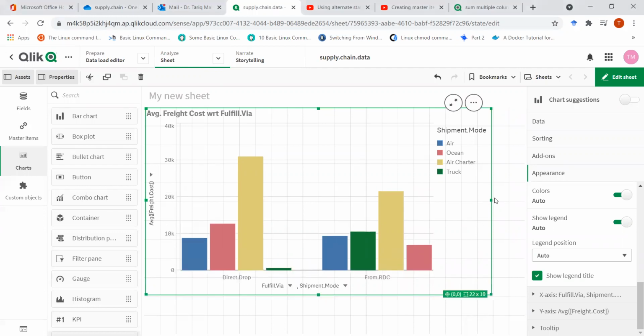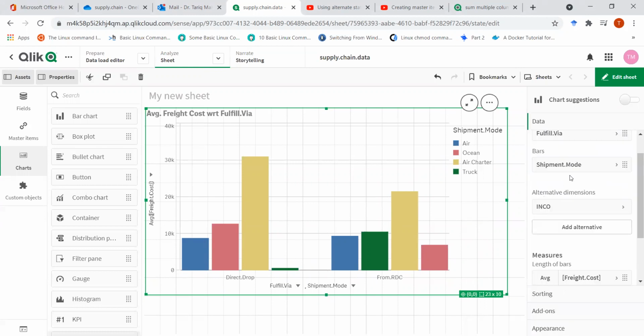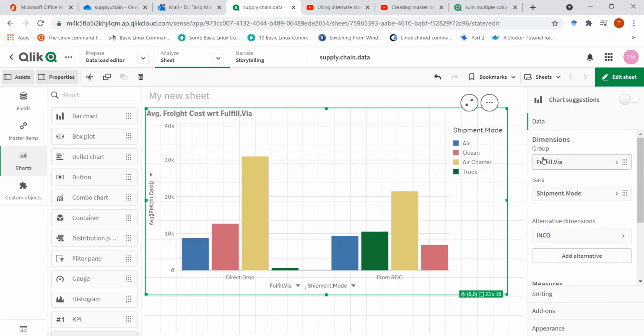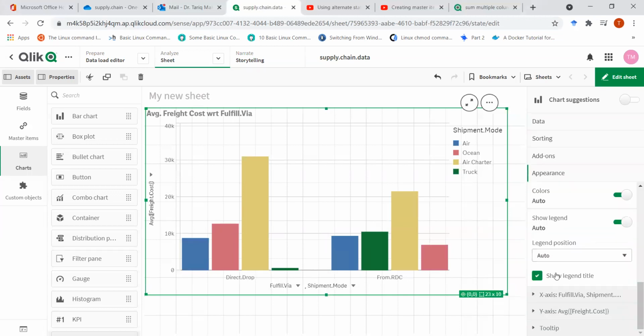It's pretty flexible. You can see that I can actually view multiple bar charts because I can have a dimension for a group and a dimension for a bar. I can have alternative dimensions, and I can also have alternative measures. That gives me a lot of flexibility, and also lots and lots of options.